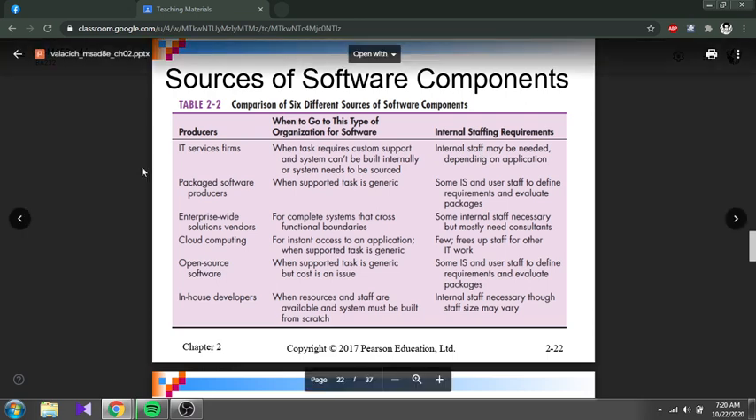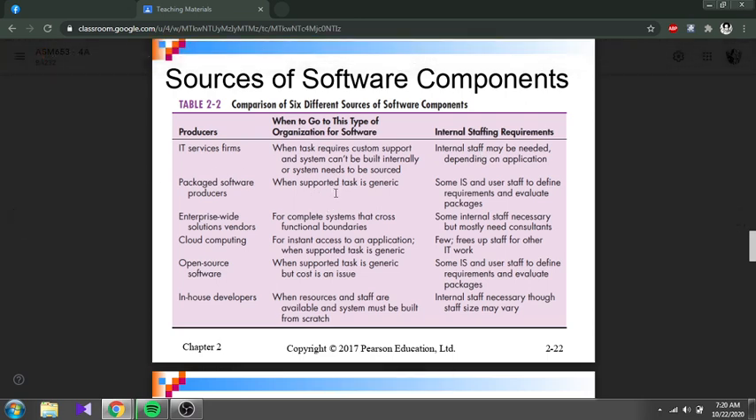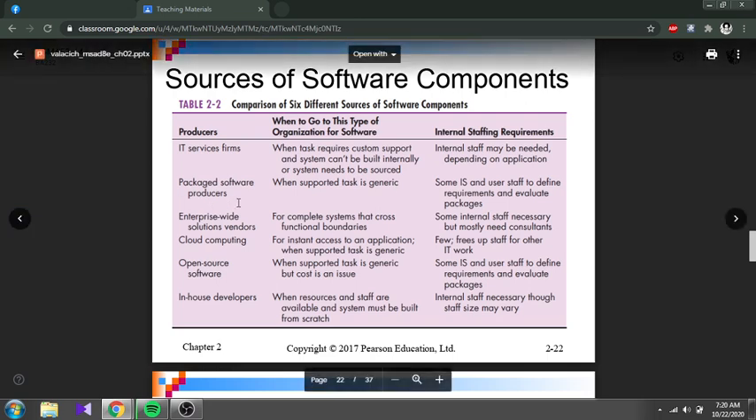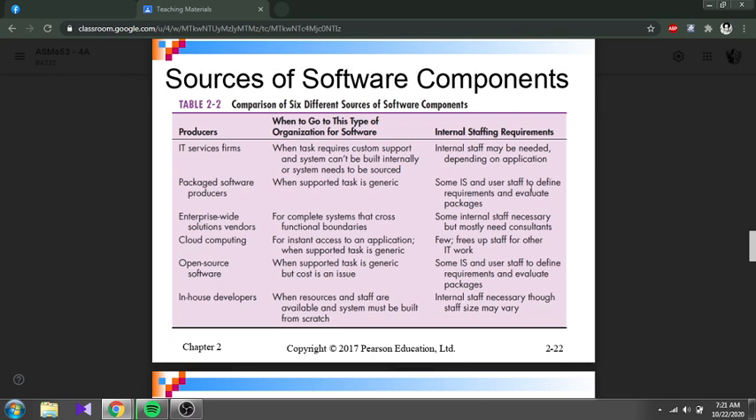Okay, and then package software producer bila nak buy on this one is when the supported task is generic. Mostly because that kind of job boleh disettlekan by this package software. Okay, just mostly yang terlibat is some IS and user staff to define requirement and evaluate the package. So maybe information system staff ataupun user yang selalu menggunakan software ni boleh bagi suggestions what are the suitable software that for the overall of the entire organisation. Maybe you just buy one or two. Okay, contoh lah on this office ataupun